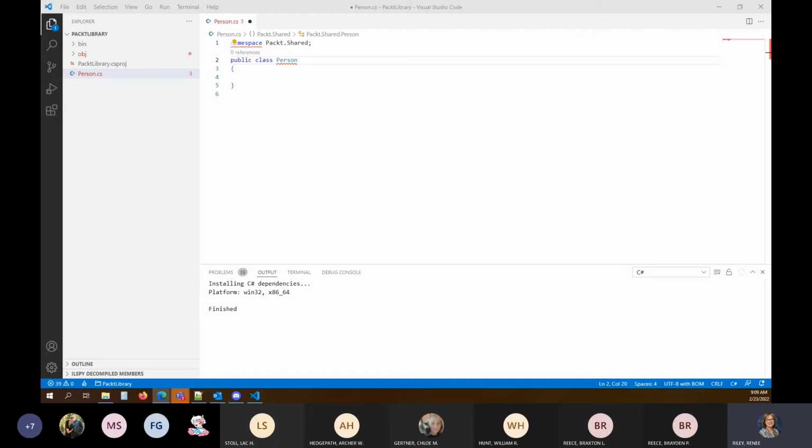Now, as we start working on our class, we're going to be resolving our errors as we go. So we're going to be looking at creating members to our class. Members are all of the things that are encapsulated within our class. So we have our data fields, and we can have lots of different types of data fields. We could have constant data, like the value of pi, just like we saw when we were creating a variable.